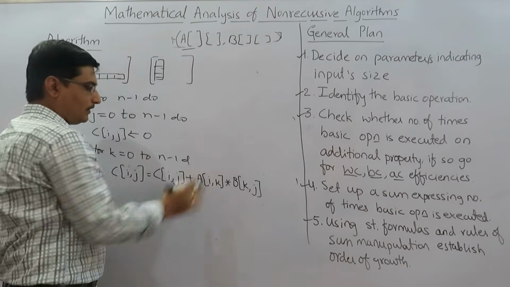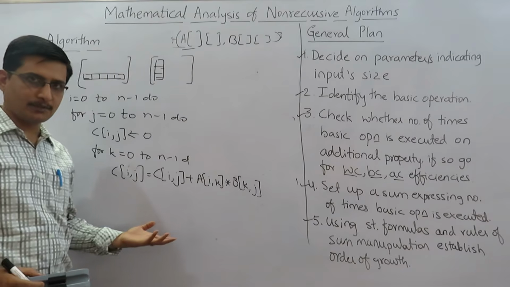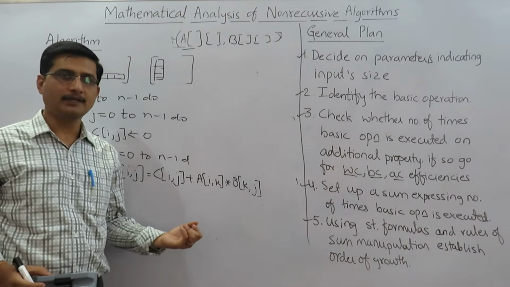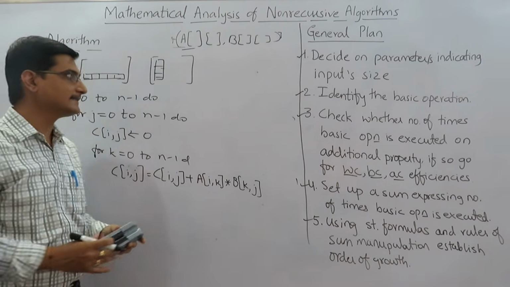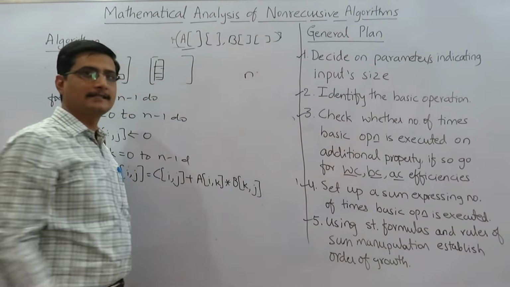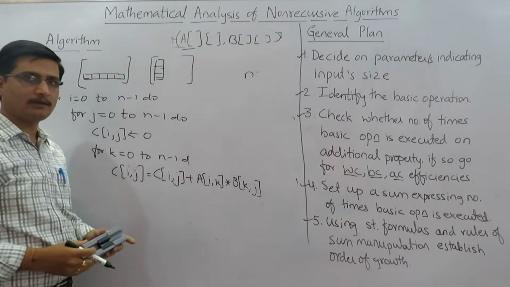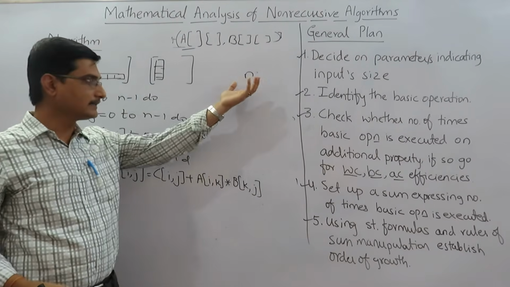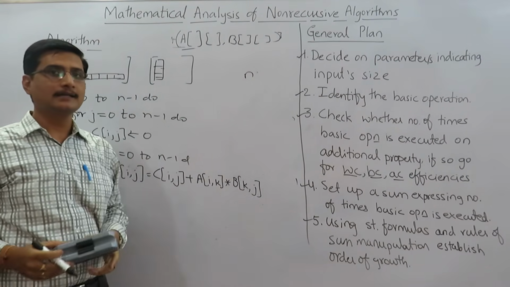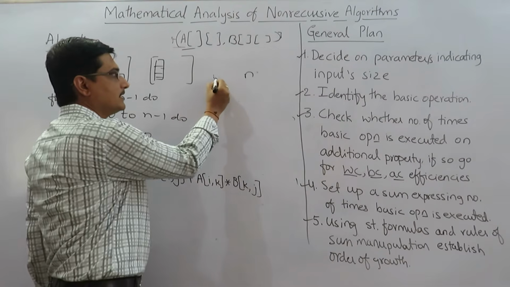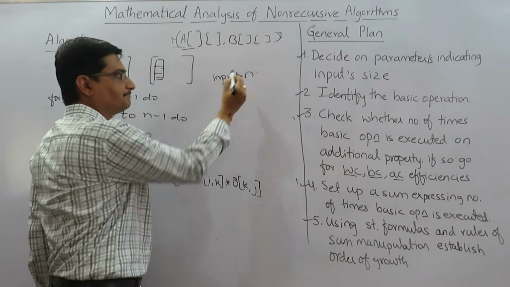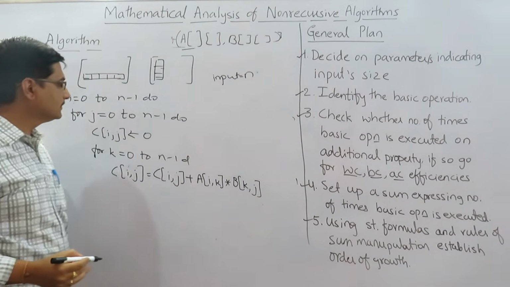Say here, what is the size of the input? By default, the order of the matrix, that is n. Because we are going from 0 to n minus 1, the order of the matrix will indicate the size of the input. So input size is n, and